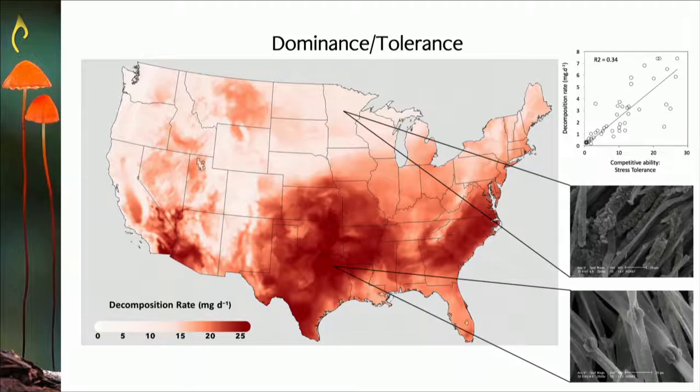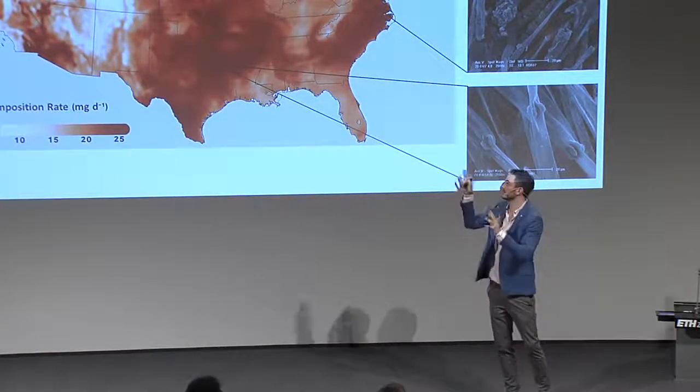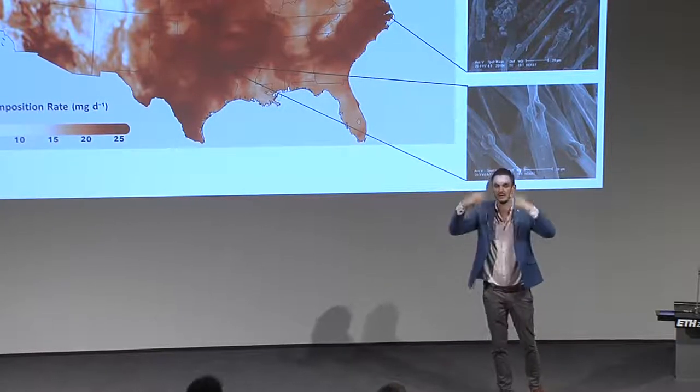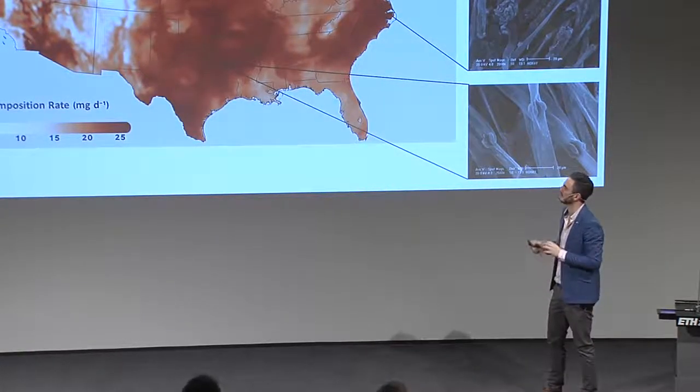Whereas the individuals from the tropics are all fine, beautiful, thin tubes with no calcium oxalate along them. And they actually have a low carbon to nitrogen ratio, so they're very easily decomposed. So when these fungi die, these ones are incorporated much more efficiently into the soil carbon, whereas these ones are decomposed very inefficiently, and a lot of the carbon is released back into the atmosphere. So the structure of this dominance-tolerance trait is starting to tell us not only how these fungi govern carbon loss from the ecosystem, but also the carbon stabilization within the soil. So this is obviously the